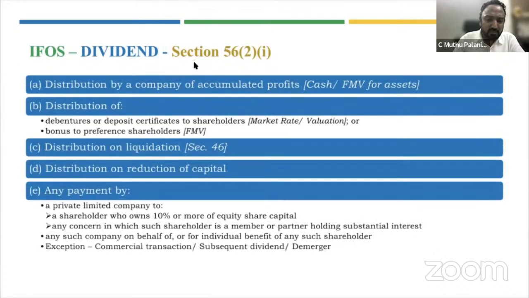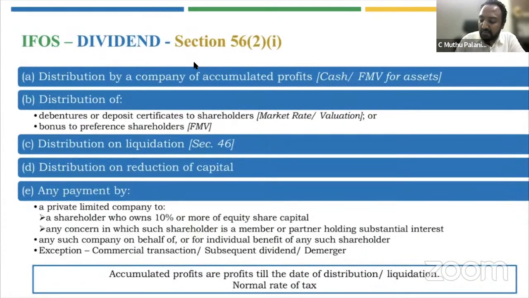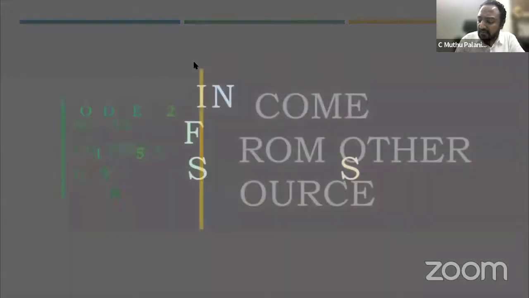First thing that we'll discuss is dividend. Dividend could be any of these 5 types. I'll not take you through it in much detail. So it could be any type of dividend. The first 4, that is A, B, C, D, are common things. Probably you yourselves can go through and understand. The fifth thing alone is called